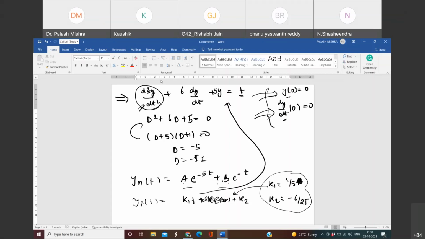Okay. So this was all about how to solve the first order and the second order linear differential equation. Third order differential equation is very rare, but still I have told you how to solve it. The way is same. Either the roots will be different or the roots will be same.